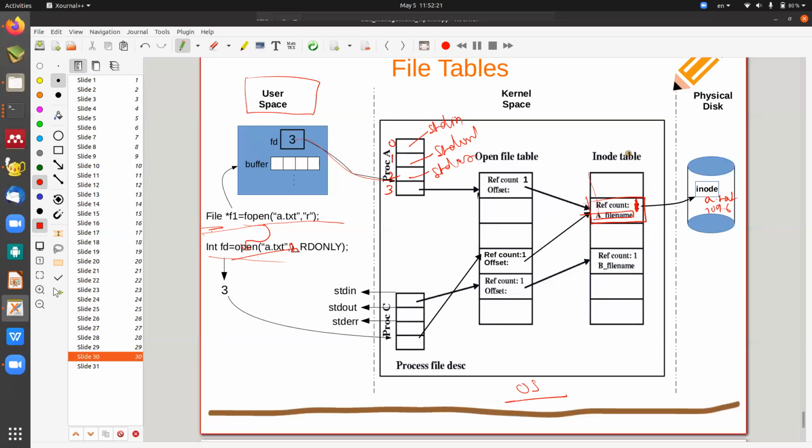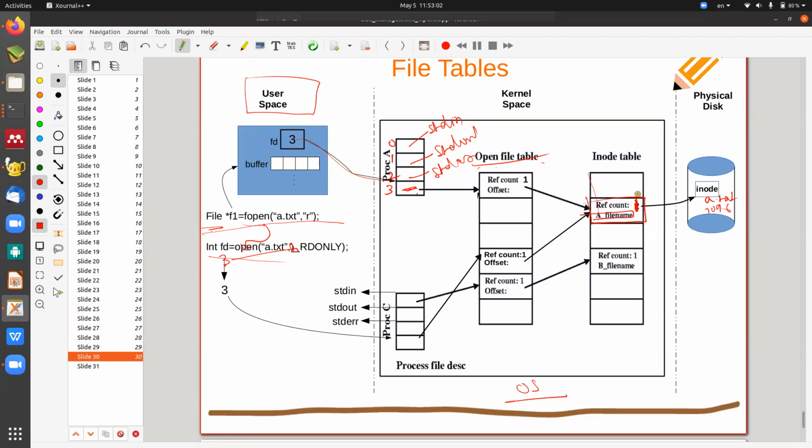In the inode table. Along with this inode table, the operating system also maintains one more table called the open file table. What is it for? The moment you say I get this 3, there is a table, right? What is 3 for it? An index. If it is an index, something will be written inside it, right? What will be written? It will be the address of some location of this open file table. It creates two tables: one is the open file table, one is the inode table. What entry did it make in the inode table first? The file has now been opened. Please listen clearly, very crucial.